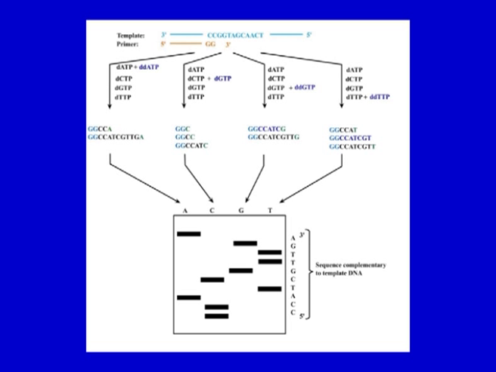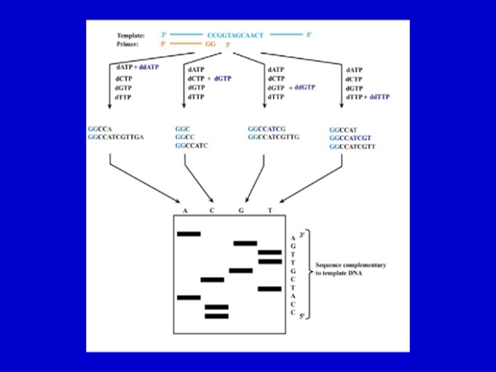What you have is a template and a primer on one side. The primer will be extended by the polymerase, and according to the particular dideoxynucleotide you will get these fragments, because the extension will be interrupted at different bases. So, if you have ddATP, say, then these fragments will be generated complementary to this template fragment. Likewise for G, for C, and for